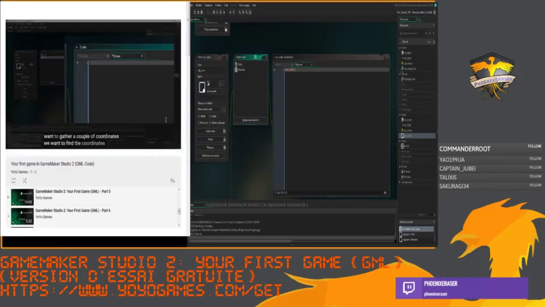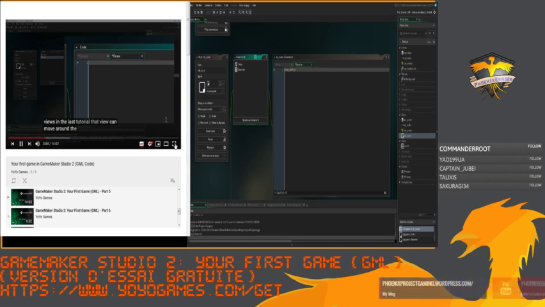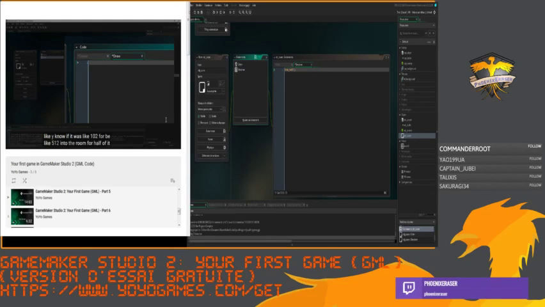We want to find the coordinates for the top center of the screen at any point in time. Because we set up views in the last tutorial, that view can move around the screen and it can be different at different times. So we can't just give it a coordinate in the room, like if it was 1024, it'd be 512 into the room for half of it. We need to work out dynamically on the fly whereabouts our view is in the room,